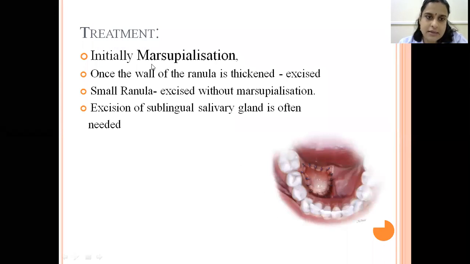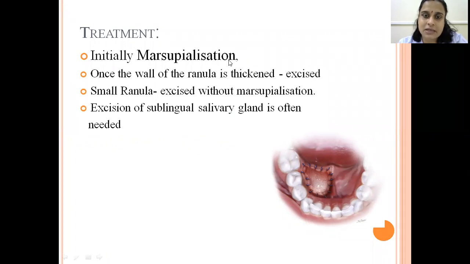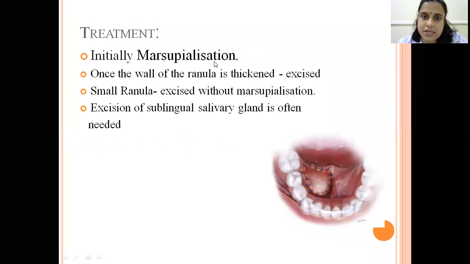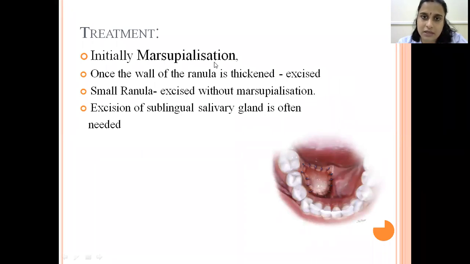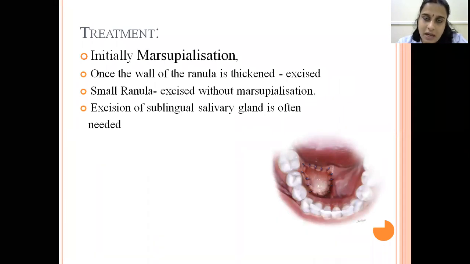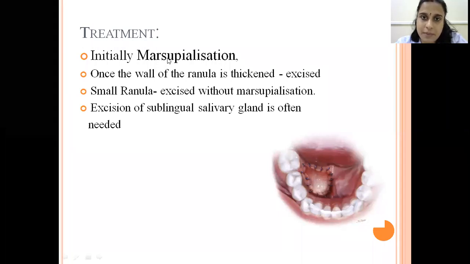Important again. Initially, marsupialization. What is marsupialization? I hope you all know what is a marsupial. It is the young one of a kangaroo. How does that feed? How does it grow? It is lodged in a pouch on the abdomen of the mother. That's called a marsupial pouch. So just like a marsupial pouch, here we try to make the swelling into a marsupial pouch